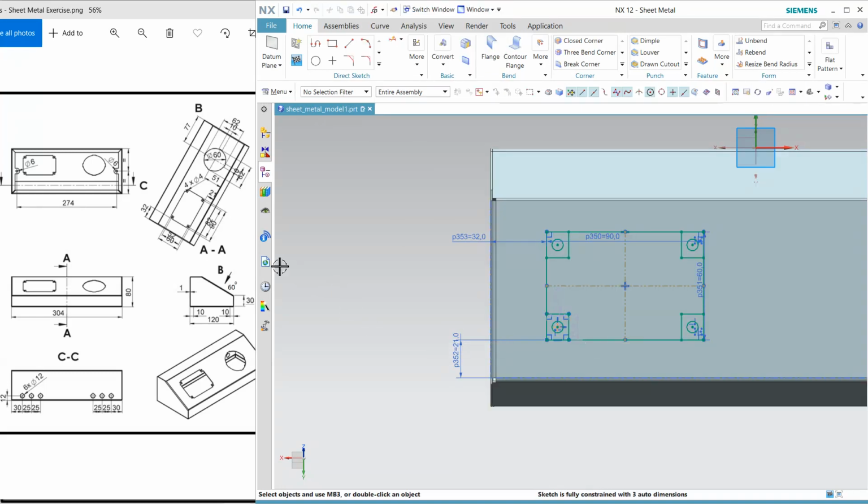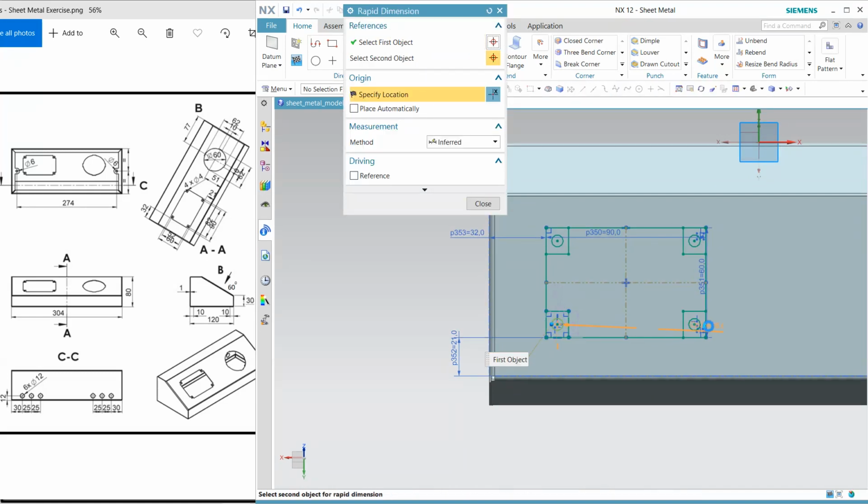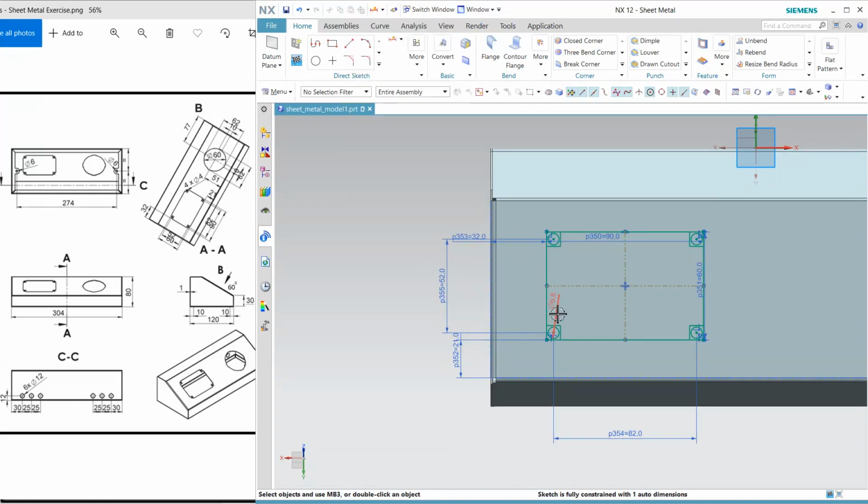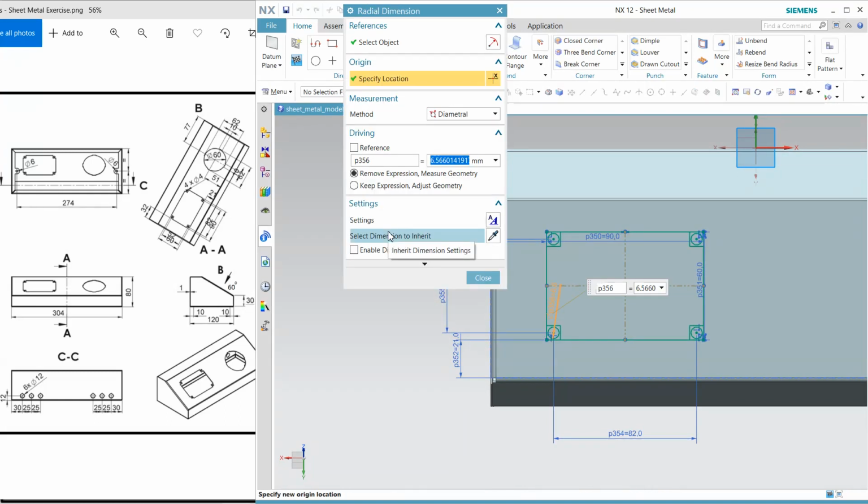Now the dimensions are 82 from center to center, so from this center to this center is 82. Okay, it is properly placed, and 52 vertically from this to this is 52. Okay, now rectangle and circle both are properly placed, only the dimension of this circle is 4 diameter,